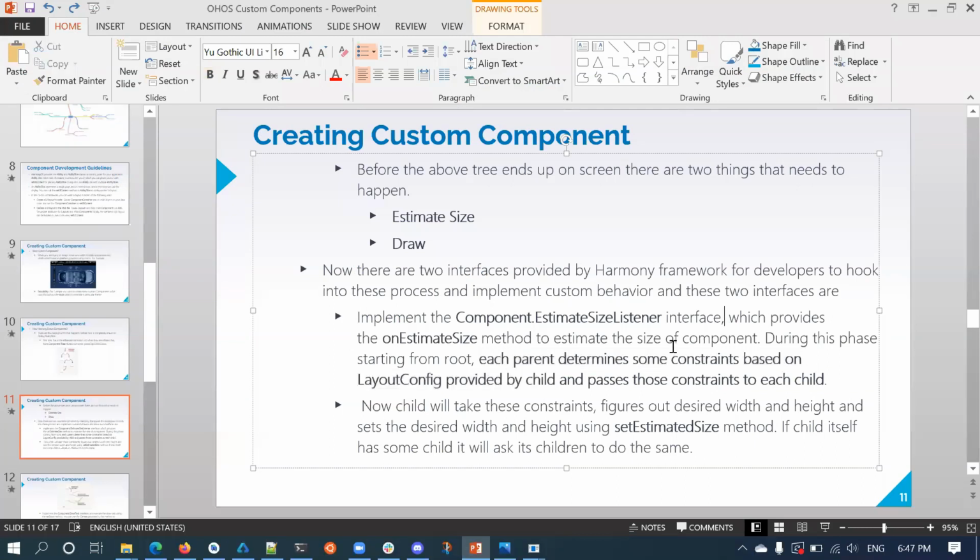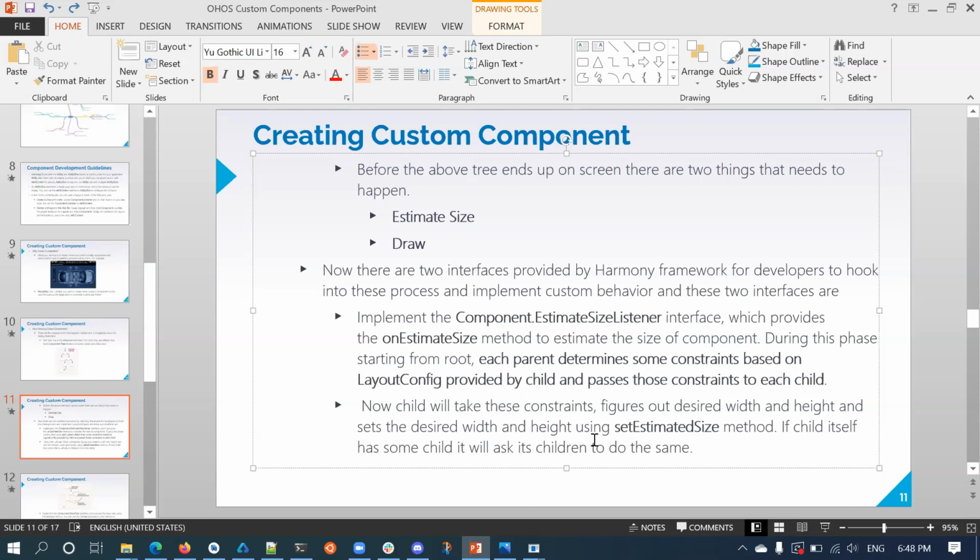So in this phase, the parent determines constraints based on layout config provided by the child and passes the constraint to each child. Now the child, in this callback, will take these constraints, look at its contents and figure out the desired width and height. The actual aim of overriding this callback is giving the control to the child to set its width and height.